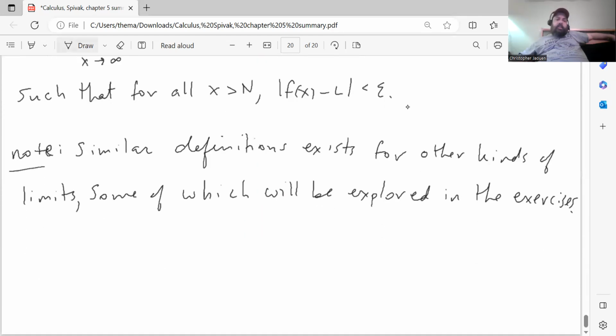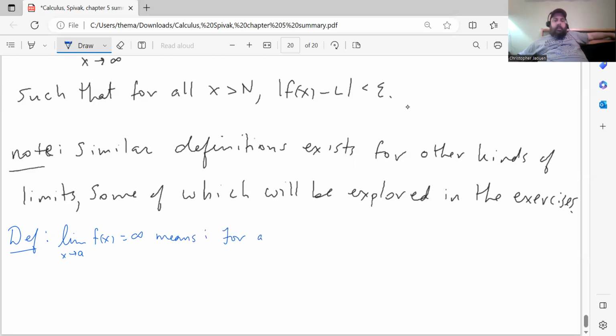Maybe just so you can see what I was talking about before, here's another definition. Well, this is what I mean. If you understand the concept, you should be able to just write down what the definition is for all the other cases that can happen. For example, let's say that we have a function that blows up to infinity at a point. So let's say the limit as x approaches a of f of x equals infinity. Let's say. So this would mean